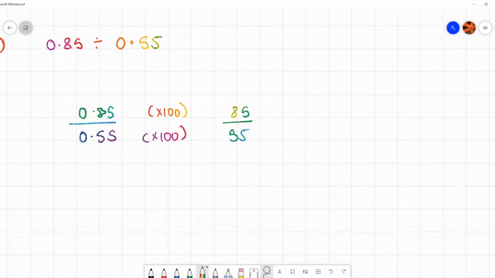I know they're both in the 5 times table, so I'm going to divide them both by 5. I know from the top of my head that 55 divided by 5 is 11. Well, 85 divided by 5, I can also do in my head, is 17. Okay, now I've got to do 17 divided by 11, which is quite tricky, and I actually can't do that in my head, and is most likely going to be a decimal number, and you can just leave it